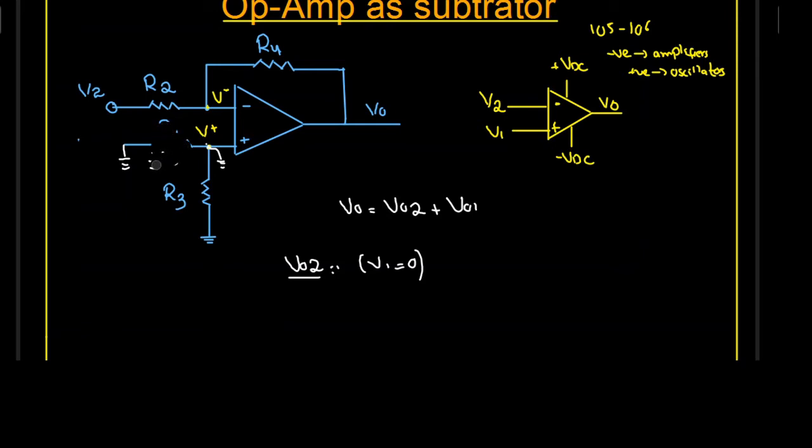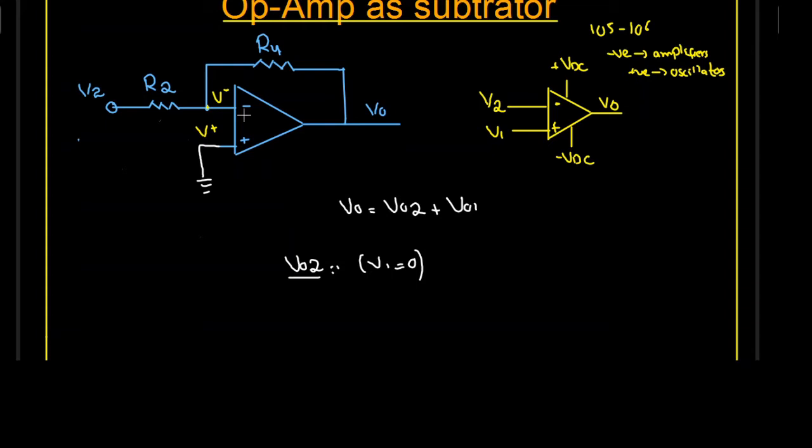So these two are going to be connected together. I am going to connect these two together, so we have a short over here because both are connected to ground. And again these two are also grounded. This is grounded and this is also grounded. So again the current flowing through the resistor R3 is also 0. So I can replace the resistor R3 also by ground. I can replace all this by ground. We simply have a ground over here. This V plus voltage is nothing but a ground, nothing but 0 volt. So this is my ground.